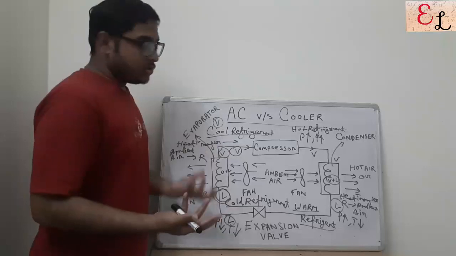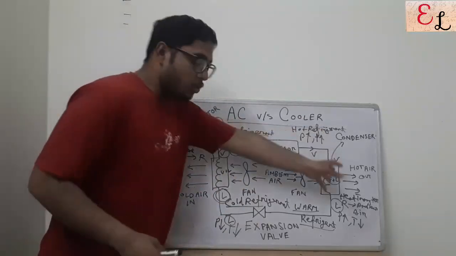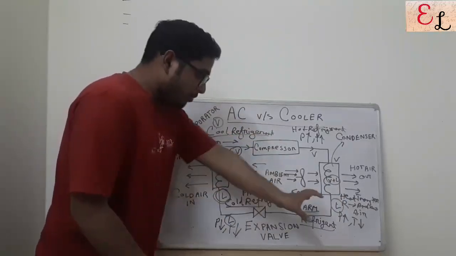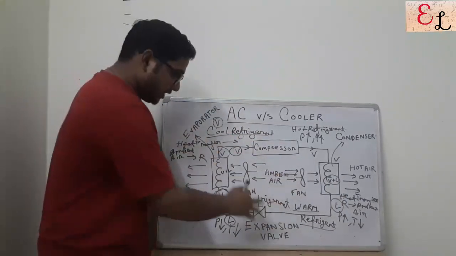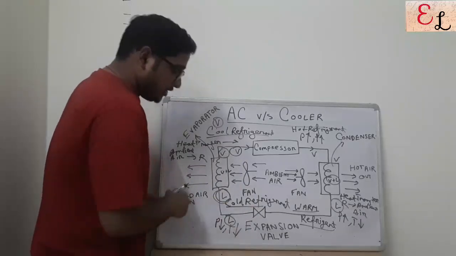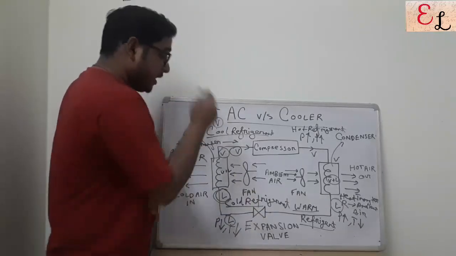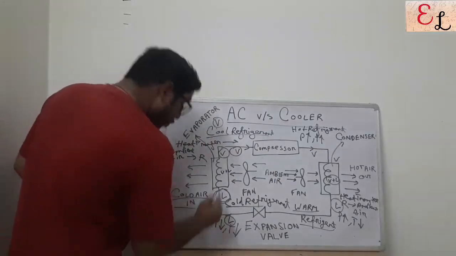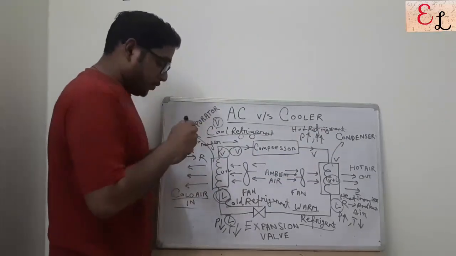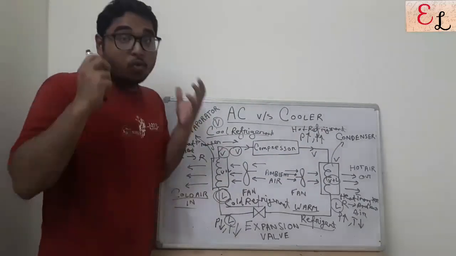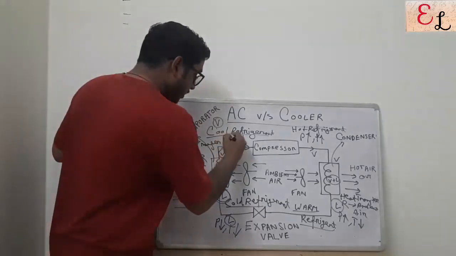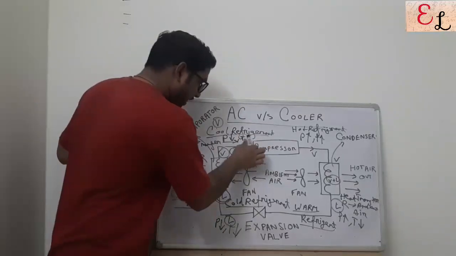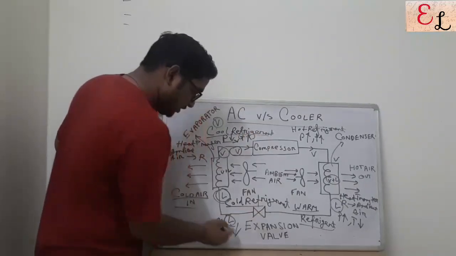Once again, it undergoes compression, it becomes a hot refrigerant, it loses some amount of heat, it becomes a liquid, warm refrigerant. Then it suffers an expansion through an expansion valve where the pressure is down and the temperature is down, and it converts into cold refrigerant. Then it again exchanges heat with the incoming air, cools down the air, the cold air goes into our room, and in the process the cold refrigerant becomes cool refrigerant under low pressure, low temperature, and converts into vapor state. Relatively higher temperature, definitely higher temperature than here.